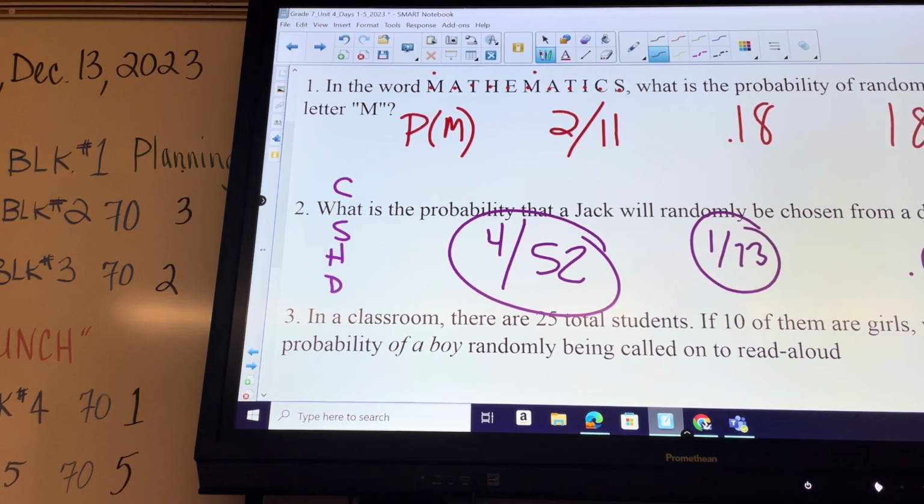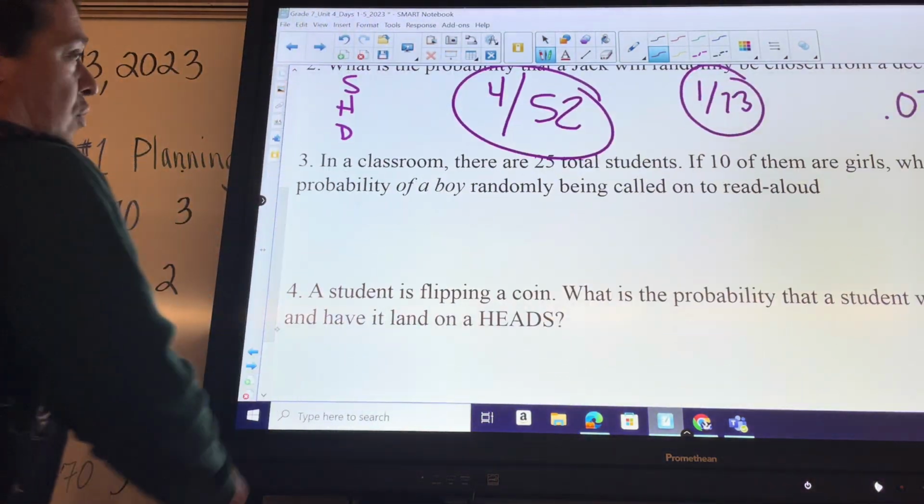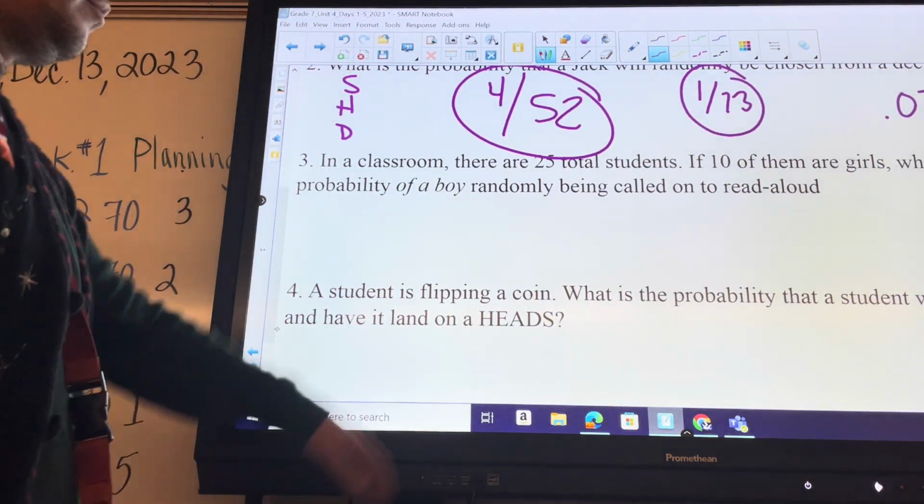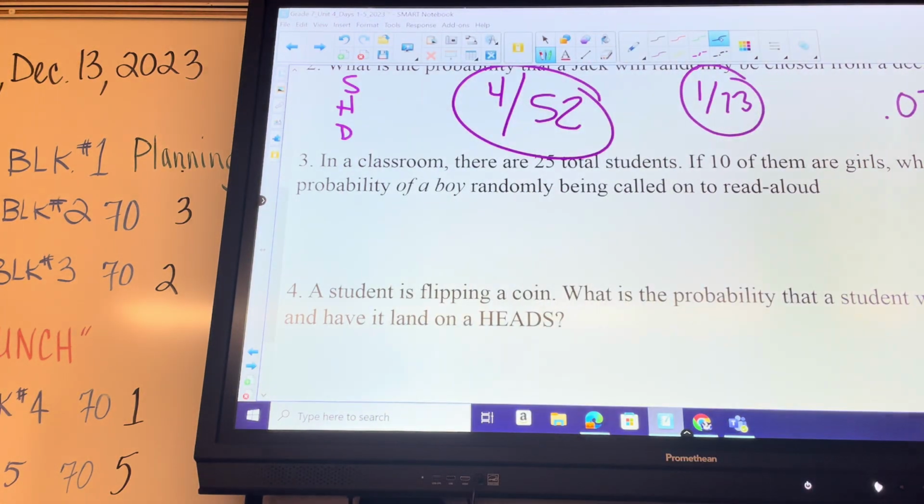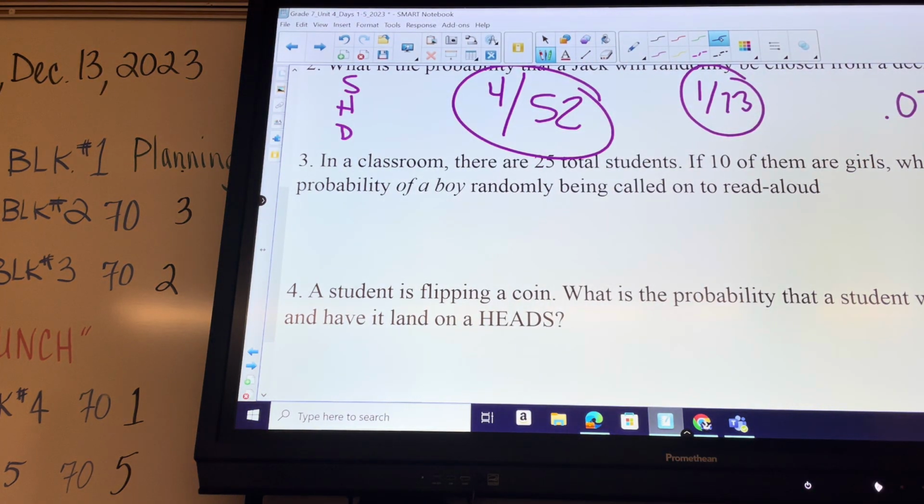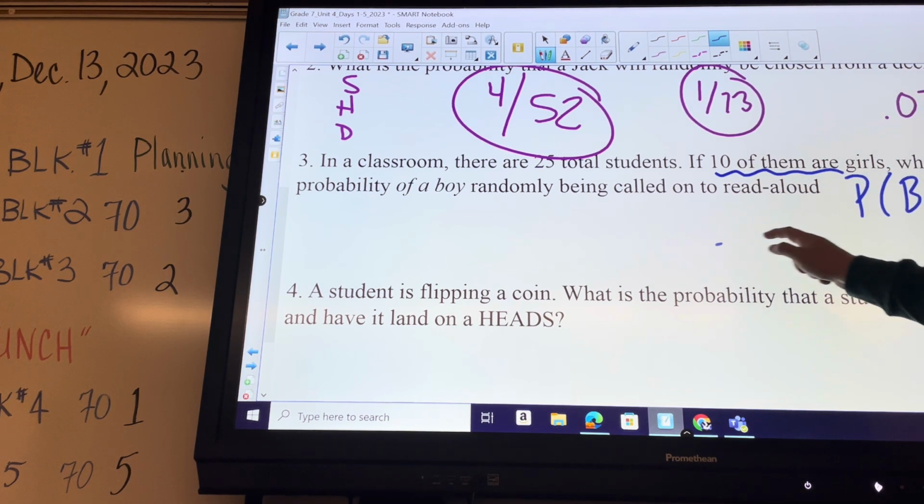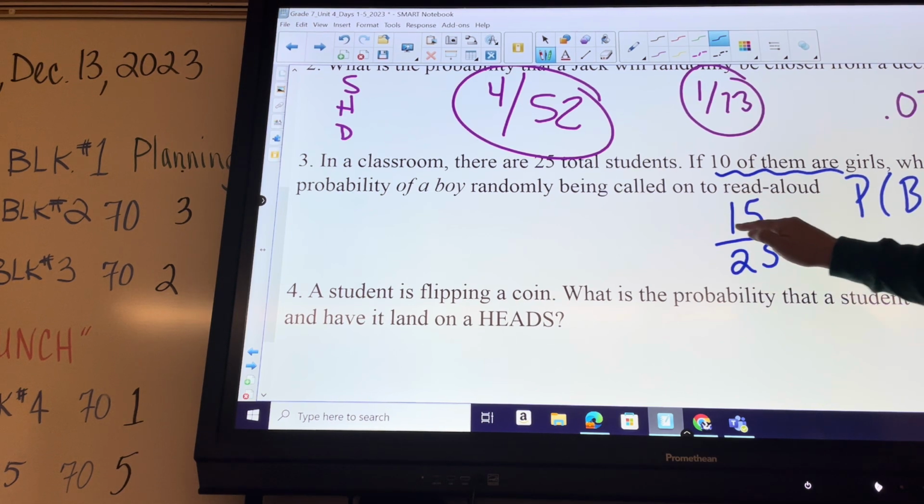Number 3, in a classroom there are 25 students. This is just a reading problem. 10 are girls. What is the probability of a boy being called on? Well, think about it. If there's 25 total students, 10 of them are girls, we want the probability of a boy being chosen. So it's not 10 over 25 because 10 are girls. So if you have 10 girls and 25 total, that means 15 of them have to be boys. Again, to simplify this, 15 over 25 in Desmos gives you 3 over 5, which is 60% or